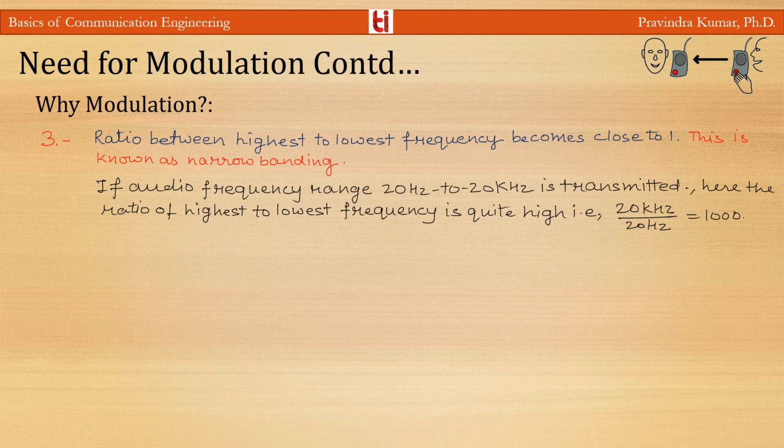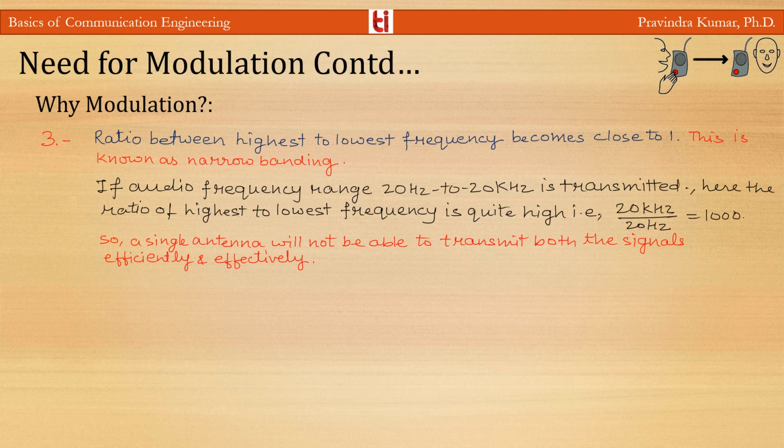Here the ratio of highest frequency to lowest frequency is quite high, 20 kilohertz to 20 hertz, it is 1000. If you design an antenna for the highest frequency, then it will not be suitable for the transmission of the lowest frequency. So a single antenna will not be able to transmit both signals